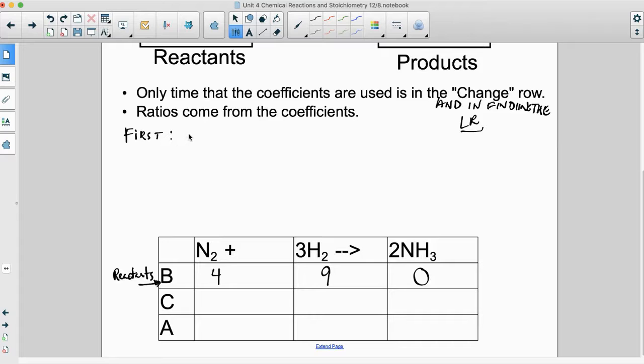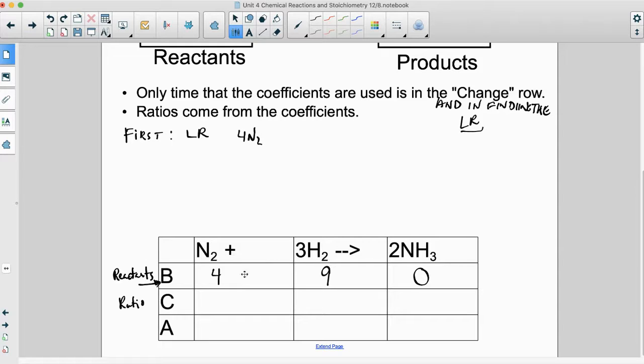we have to find the limiting reagent. Okay, we have to figure out which reactant is the limiting reagent. The change right here comes through the limiting reagent, okay? So we can't figure out or use the ratios unless we know what the limiting reagent is. So here, if I look here, 4 N2s, I'm going to take my 4 N2s